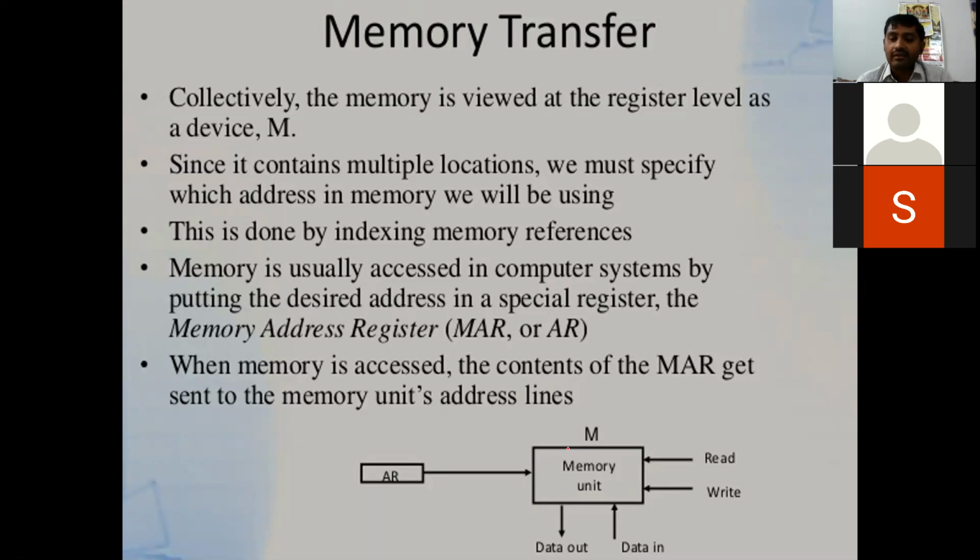Whether it can be a RAM, or it can be a ROM, your secondary memory, or any. So you are writing something means you are saving something in memory, and you are reading something means you are taking out something. So this can be done with the registers that you have seen in register transfer. You have got registers R1, R2, R3. Similar to that, there is one more register called AR, that is address register. Sometimes we will be calling it as MAR, memory address register.